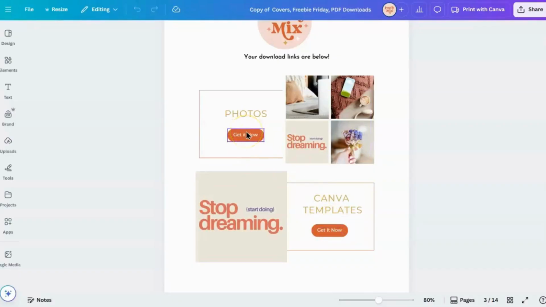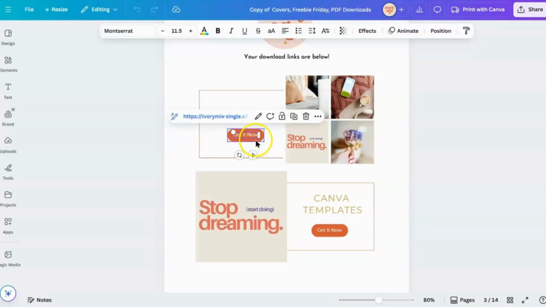So in order to add a link, you'll click on the button shape or the text and you'll click on